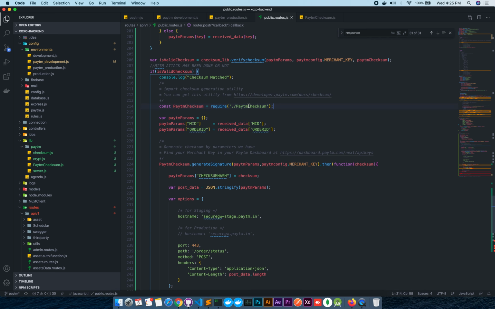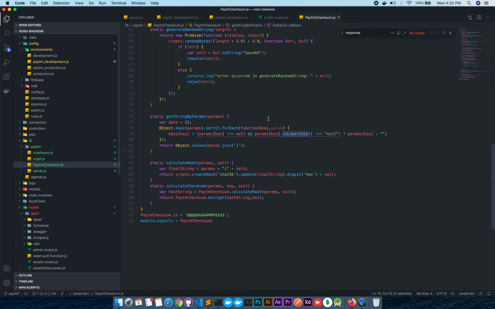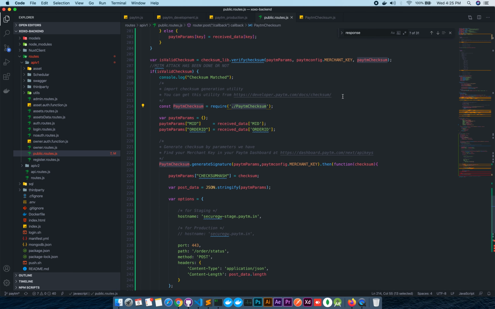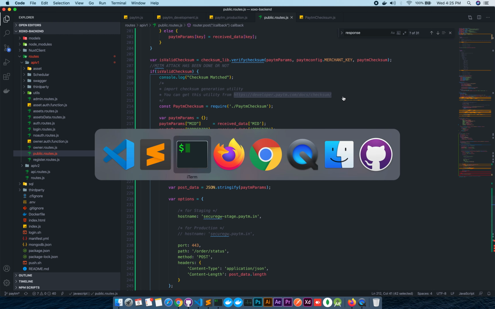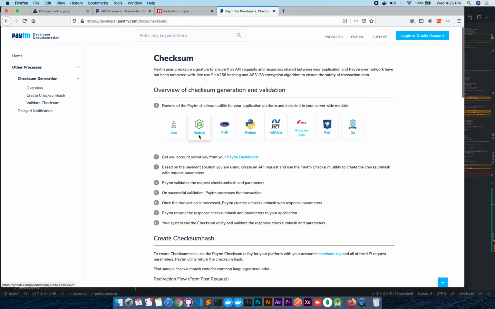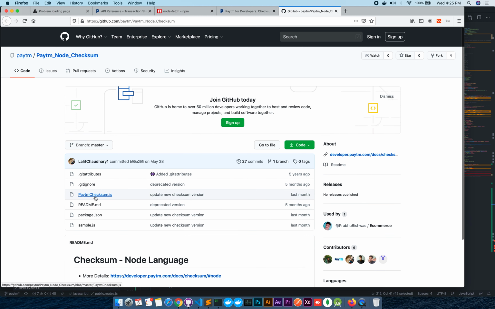To download this utility, this file over here which I already pasted, the Paytm checksum file, all you have to do is go to this website, which is already mentioned over here. Just copy and paste it in your browser, then go to Node.js and download this file, only this one.